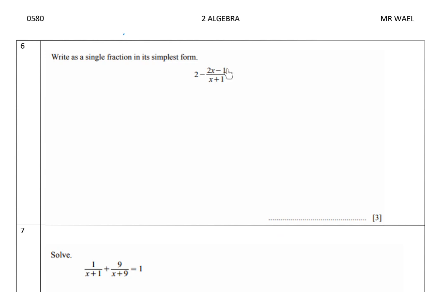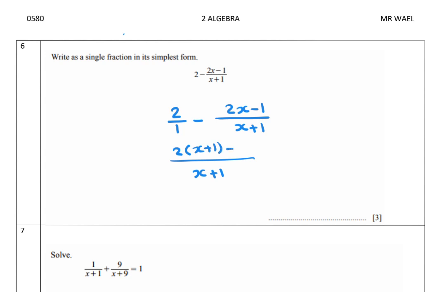2 minus 2x minus 1 over x plus 1. So we can rewrite as 2 over 1 minus 2x minus 1 over x plus 1. Multiply the denominator, 1 times x plus 1, so x plus 1. Then cross multiply, so 2 bracket x plus 1 minus 2x plus 1, 2x minus 1 into 1. So it's better to put them in bracket